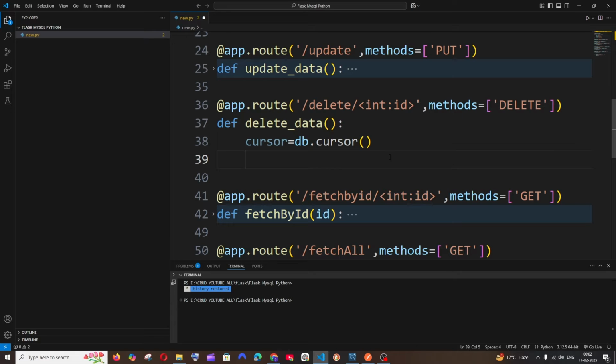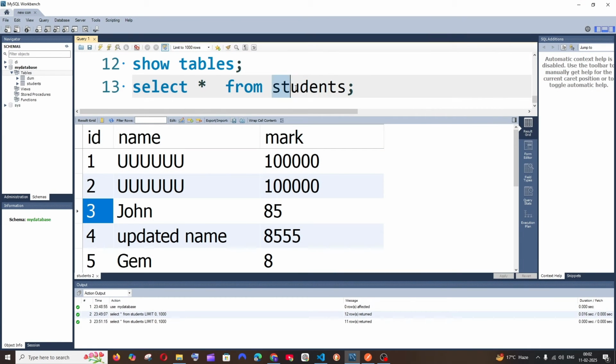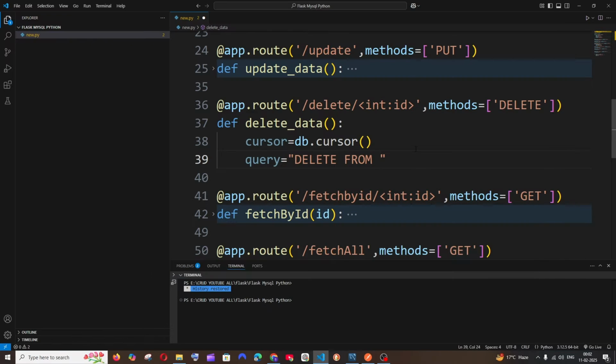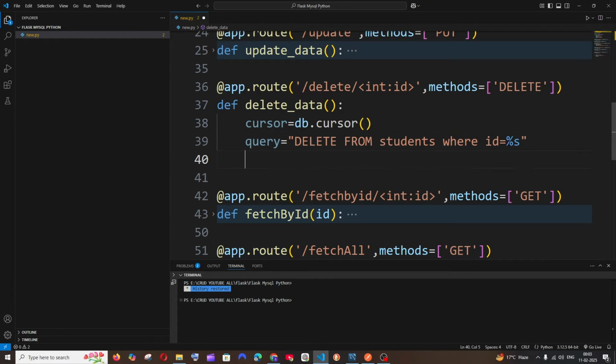In the next line it's going to be our query equal to DELETE FROM your table name. In my case it is students, WHERE ID equal to %s. And in the next line it's going to be cursor, the variable that we had created earlier, dot execute,